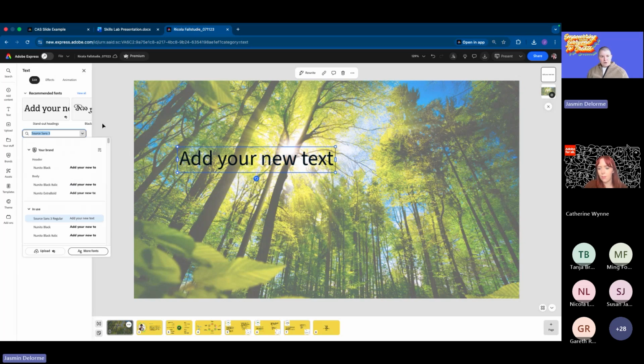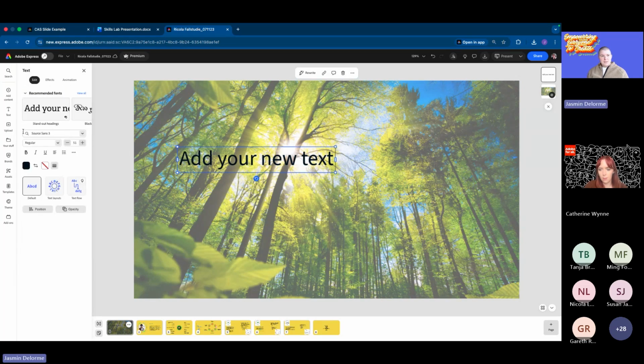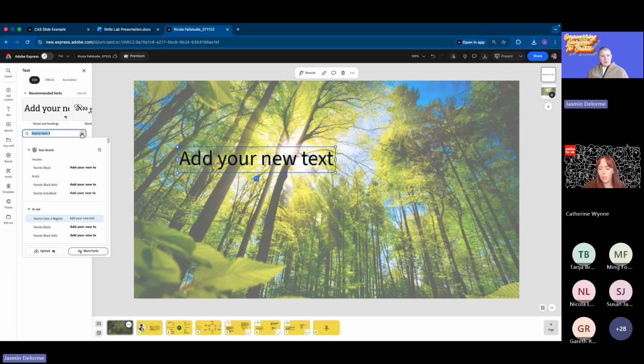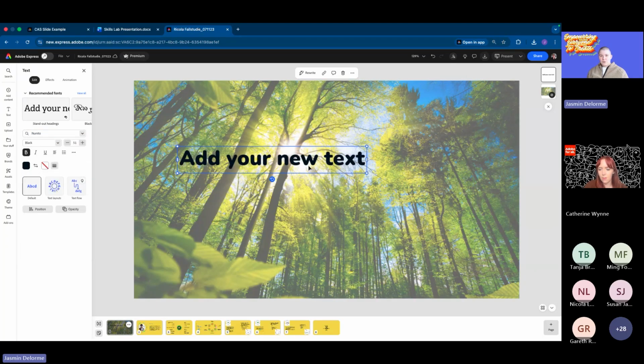If I click on the text, then below you see the recommended fonts, and it's already in Source Sans 3. I think this is set by default. If I click on the down button, you will see my brand appears on top. So the fonts I use in my brand are already there. So I can just quickly use this one and say,